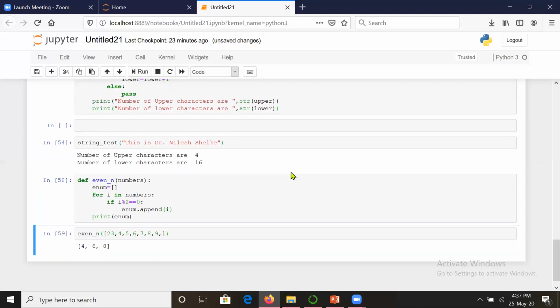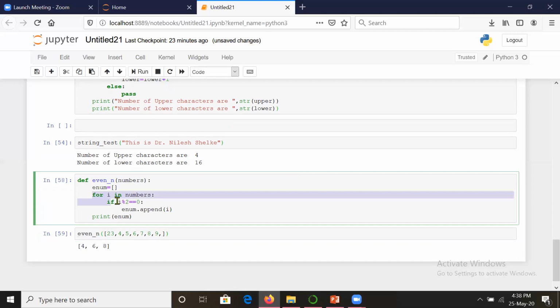And this way you have seen that I am sending so many arguments here. Through this loop, I have taken one empty list, enum, for collecting even numbers. Then I am moving through the loop, and if the number is even, then only that element will be added into the empty list. So this way you can print the even numbers. Okay, so this way you have seen how fun it is to do these things.